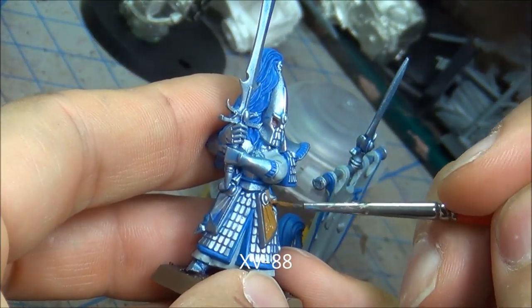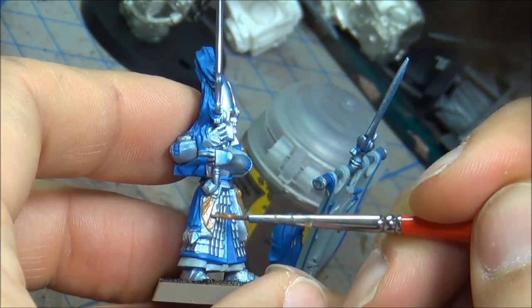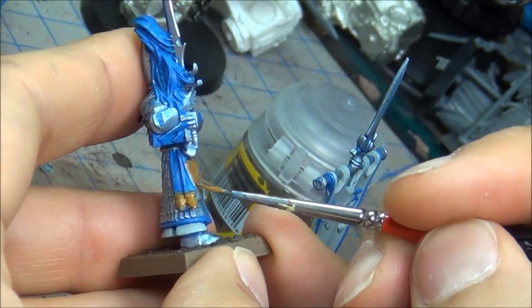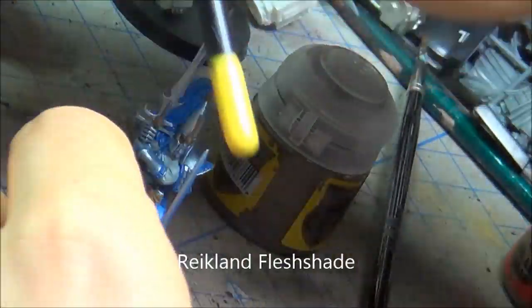XV88 here on all the golds. I'm doing the non-metallic gold as usual with my High Elves. You could use just the regular gold as well. So I'm just trying to keep these consistent with the rest of my High Elves, and you'll see in the pictures on my blog, I'll show these guys side by side with the other Swordmasters I've done a long time